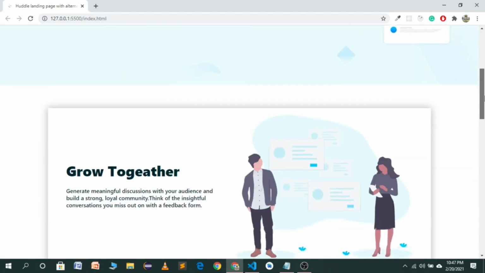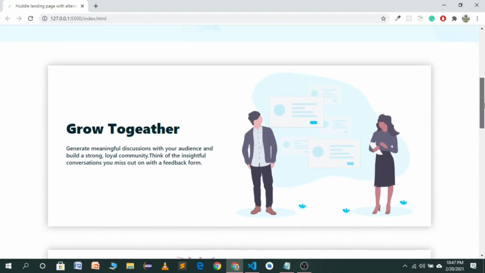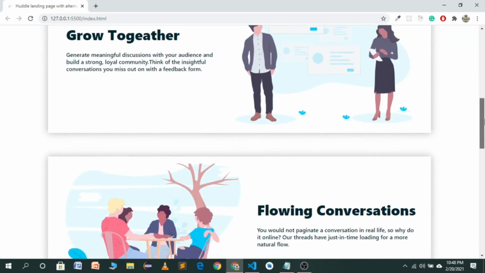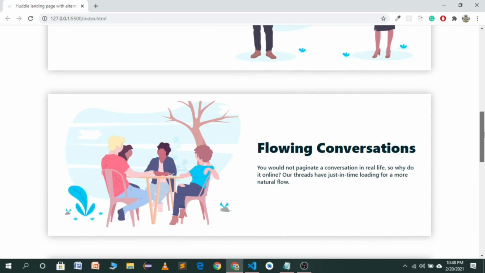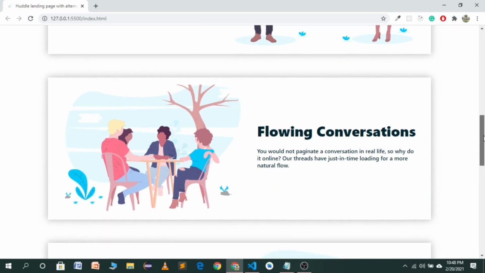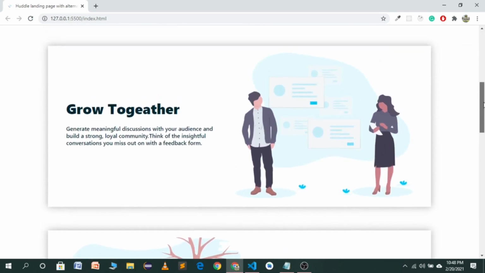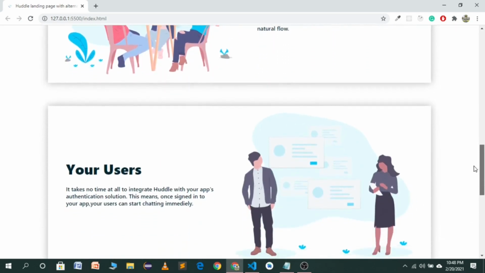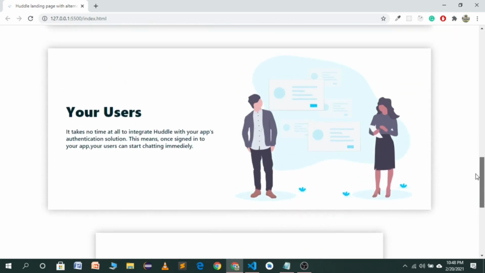As we move downward, we have this beautiful design, which looks like a card design. We have an amazing card shadow, and in this we have a features section, which is a heading and then a paragraph, and on the right side we have this amazing illustration. So let's move downward. We have this amazing design and the second card. As you will see, we have this beautiful design. This is a very eye-catching design,